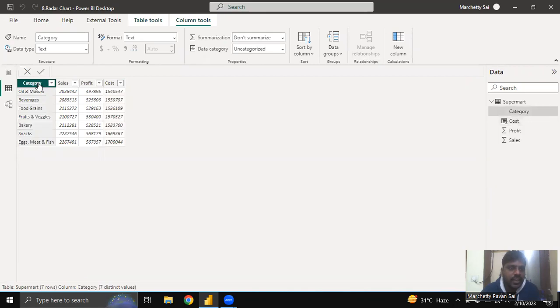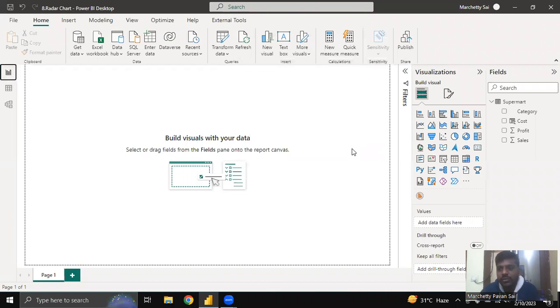This is category. This is sales with respect to the category, and the profit of the respective category and its cost. So we have this simple data which consists of sales, profit and cost. Now we need to understand how to utilize the radar chart in order to view how the cost and sales